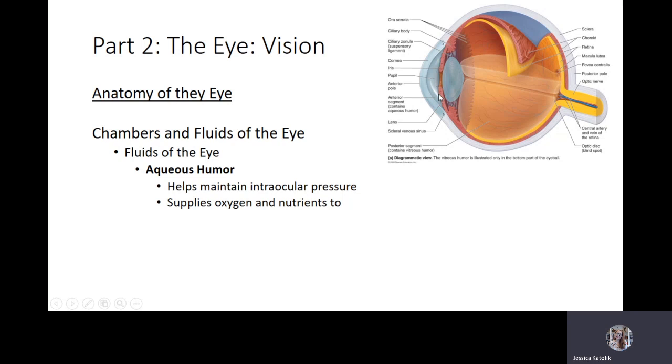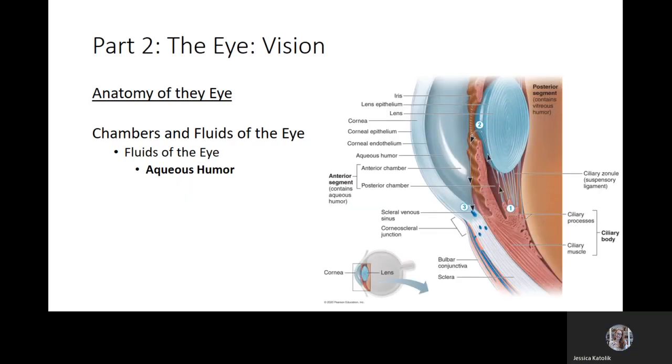If we did have the ability to do the cow eye dissection, one of the interesting features is that when you cut into the eye, sometimes the aqueous humor can squirt out because of that pressure. So be careful of that if you ever do an eye dissection. I'm not going to make you know the individual steps of this feature, but I do want you to know